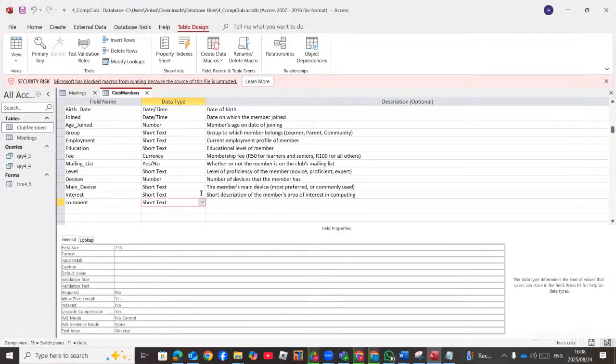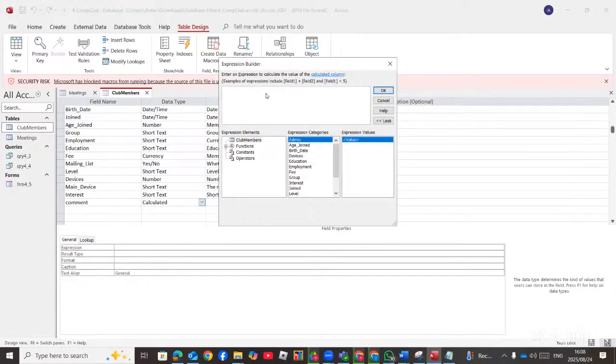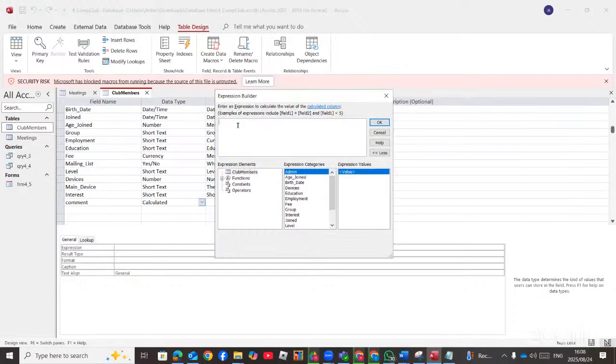Now to do calculations, we change it from short text to calculated. And then you put your calculations here. Now, how do we do this calculation? The question says, if the member's age is more than 60, then we say the age joined is more than 60 years, then we say old employer, otherwise we make it new employer. So now, we start by typing if statement, which is double i, IIf. If 60 years is less than